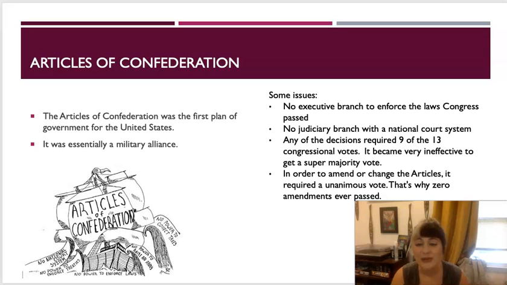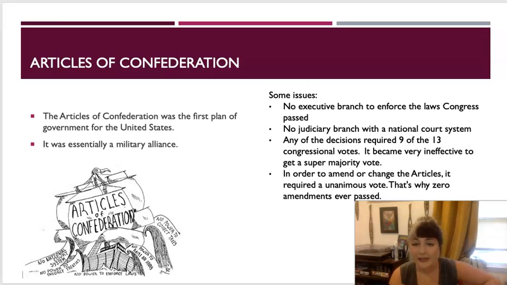And then in order to pass anything in the Congress, you had to have 9 out of 13 congressional votes, because each state got one vote. It did not matter about the population, how big or small the state was. Everybody got one vote. But as you know from today, anything that passes through Congress at any time, it's very difficult to get a supermajority. It's difficult even now to get just a regular majority, with a vote of 51 to 49 or whatever, but they needed 9 out of 13. So not a whole lot of things got passed because it was difficult to get everybody to agree.